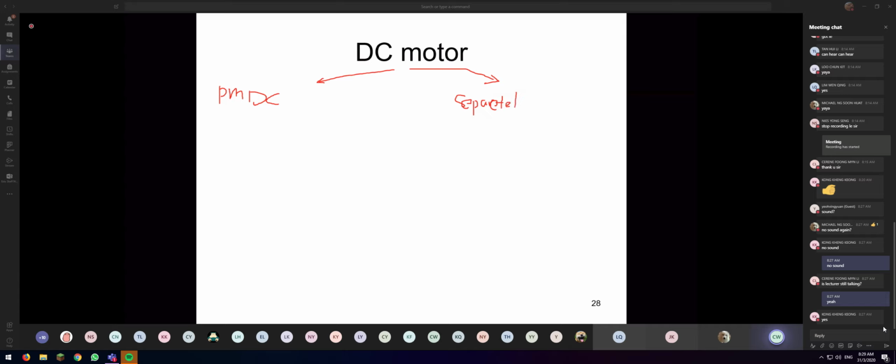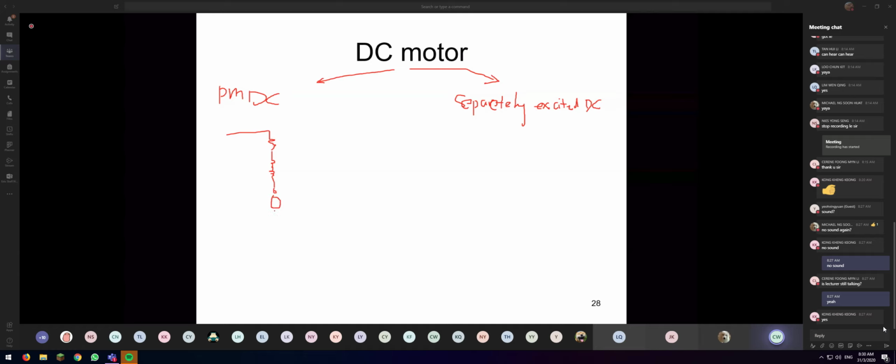Separately excited DC. Okay. So for the case of the permanent magnet DC motor, the equivalent model for the motor is very simple. So now I have one piece of the motor, a resistor, and then its equivalent inductor, and also